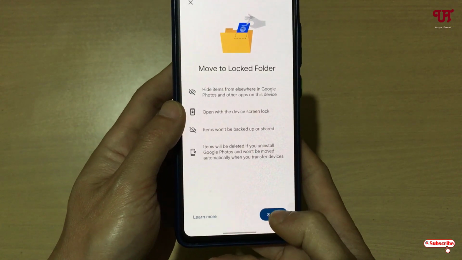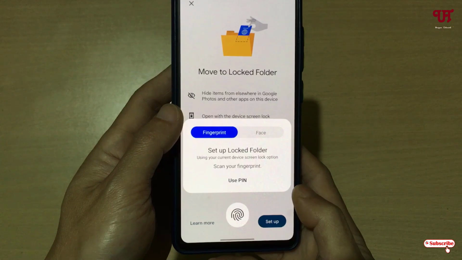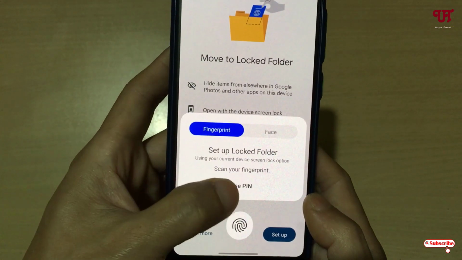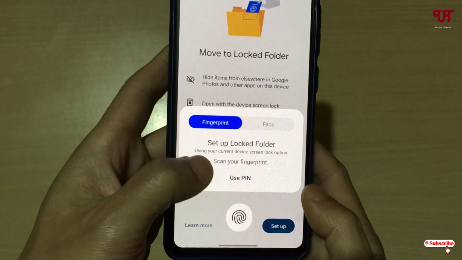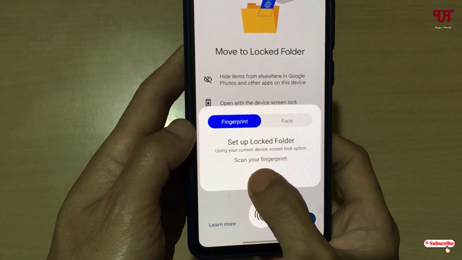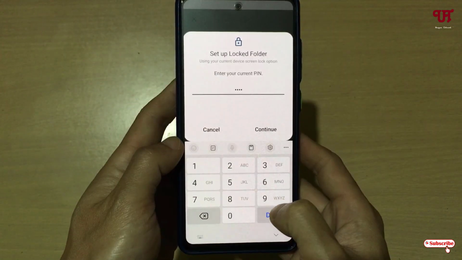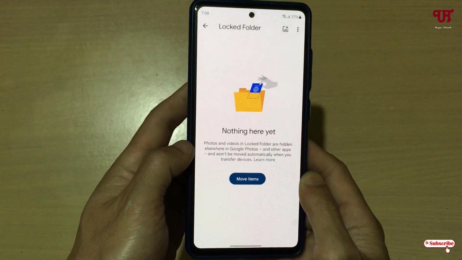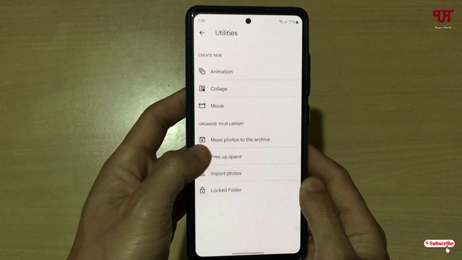Just click on this setup. Now you can use a fingerprint or the face ID also, or you can use the pin if you have set a pin. So in my case I have set a pin, so I'm gonna type the pin. So finally we have created a lock folder. Now you can just move back,